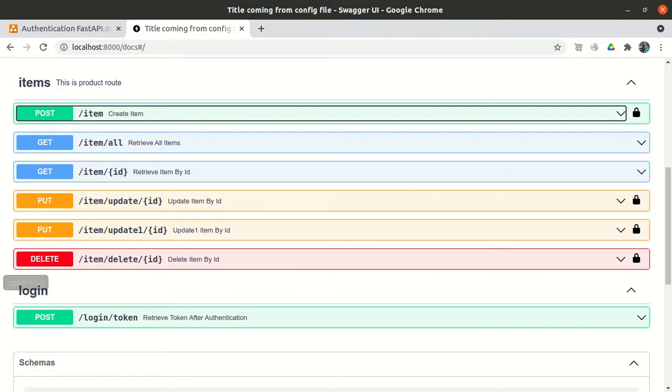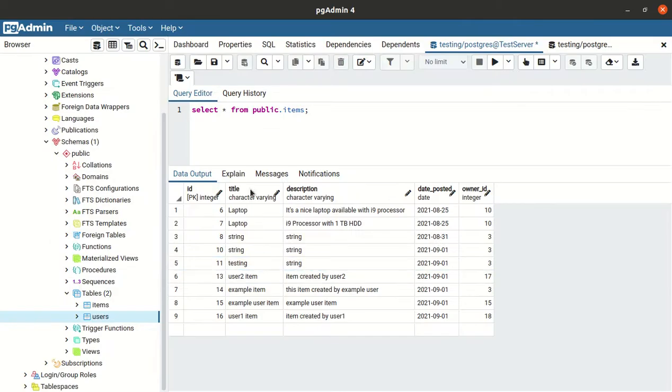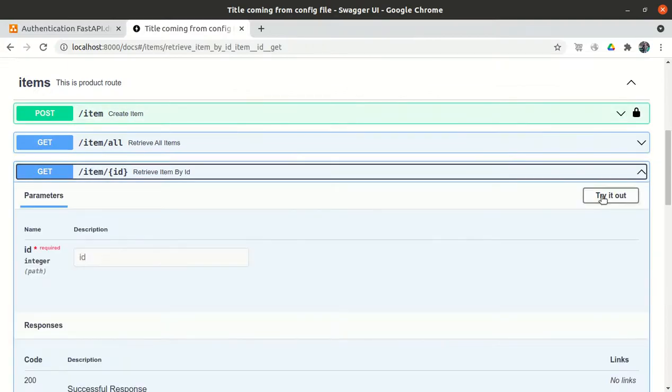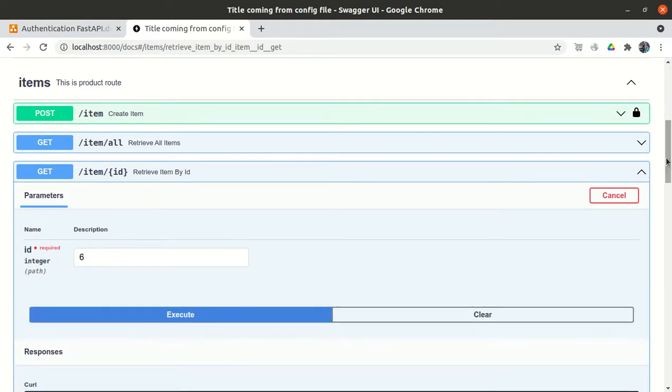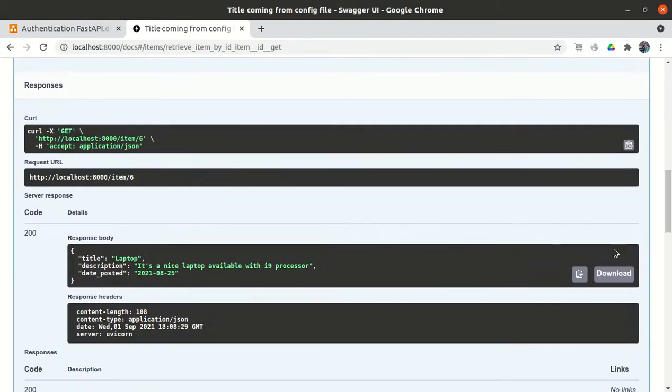Let me check the post. Let's suppose there is a user number 10 and item ID is 6. If I get the item ID, try it out, item ID 6, execute it, I get the item detail.